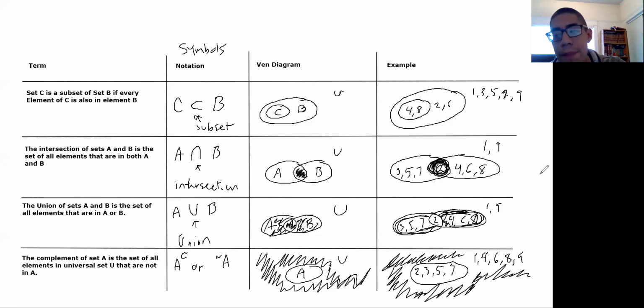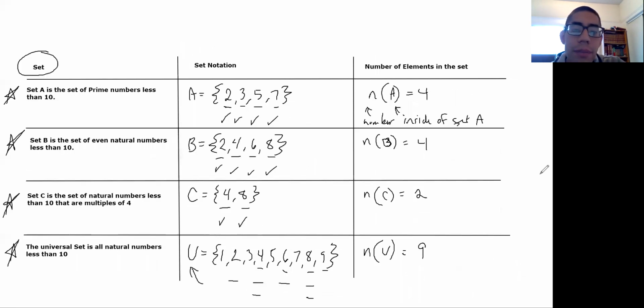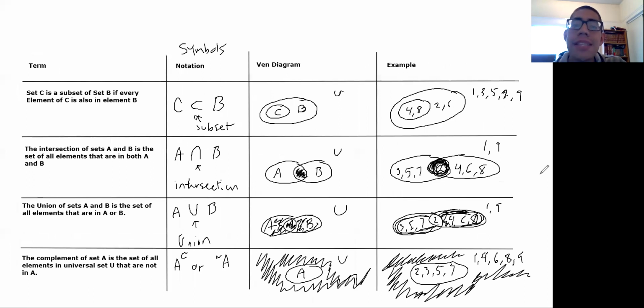So if you look at the example I have there, 4 and 8 is set C. Set B includes 4, 8, 2, and 6. Now let's see if that's true. Set B was all even numbers, so set B has 2, 4, 6, and 8, and set C only has 4 and 8. So yes, set C fits inside of set B, and set B fits inside of the universal set, which is